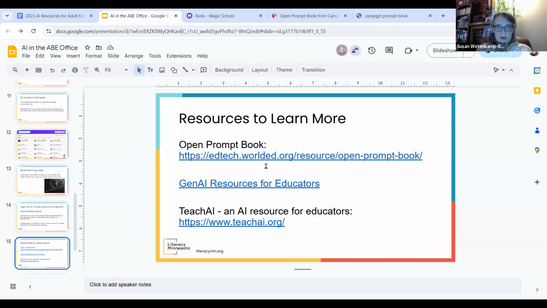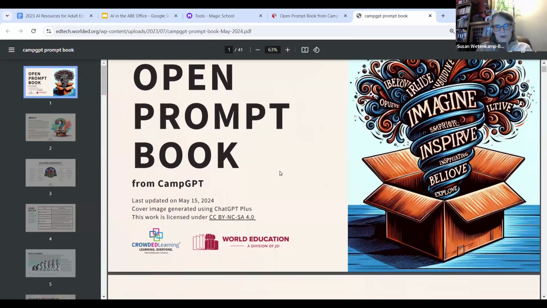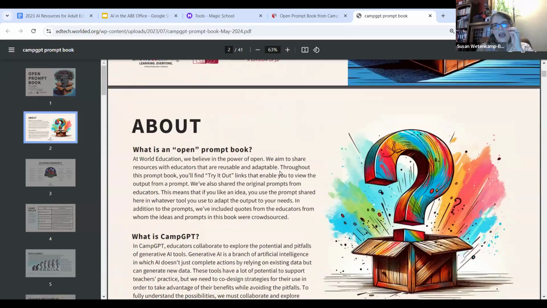But then probably the most practical one here is this very first one called the Open Prompt book. And that is also a resource from the EdTech Center at World Education. And I really like the book. I've got it downloaded here.